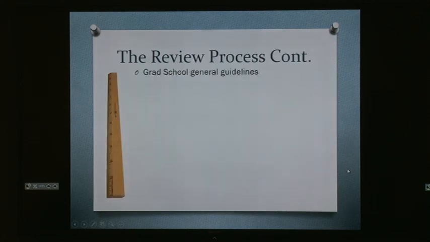So the grad school general guidelines, there's a lot more than this, but I'm going to go through the handful of ones that have been brought up most at these workshops that students would like to know. So your margins, at least 1 inch. We get really skinny out there. It looks a little weird. Some universities have very strict rules. Here at ETSU, we give you a general idea. Most of all, just be consistent, but this is a general idea of what to stick to. So at least 1 inch on all sides.